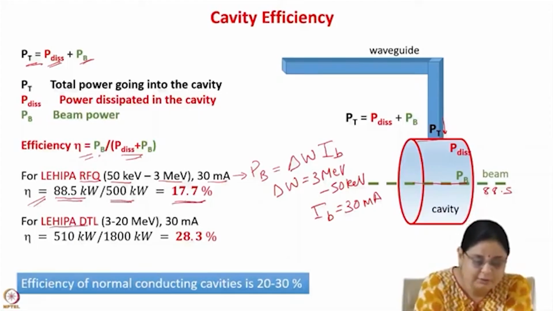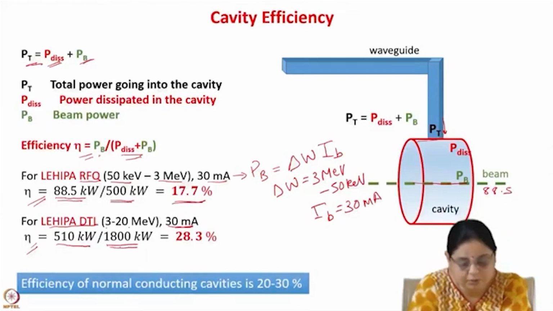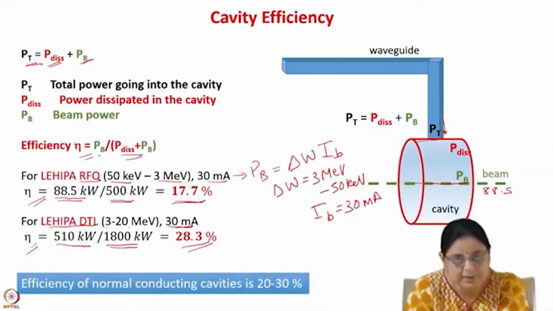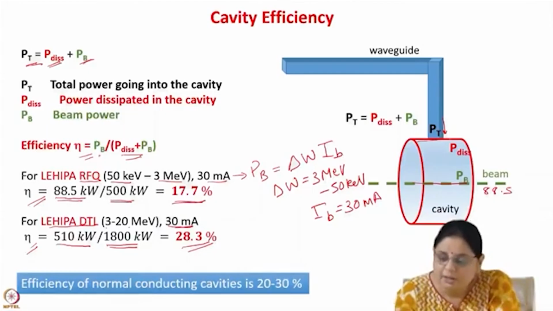Similarly, consider the drift tube LINAC at LEHIPA, which accelerates a 30 milliampere proton beam from 3 to 20 MeV. If you calculate the efficiency again, the beam power here is 510 kilowatts, and the total power required is 1800 kilowatts. So the efficiency is very small, just less than 30%. The efficiency of normal conducting cavities is very small because a large amount of power is dissipated on the cavity